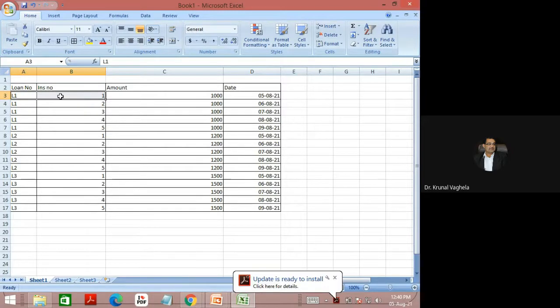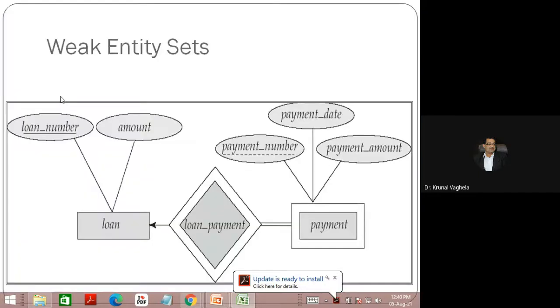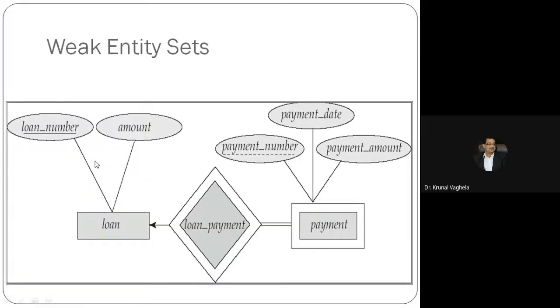Right. So your ER diagram or database should not allow a weak entity set alone. That means there should not be any table in your ER diagram or in the database which is a weak entity set or which does not have any primary key. Got it, everyone? Yes or no? Any table without a primary key should not be allowed. There should be at least one column. If it is not there, then you depend upon someone like this.